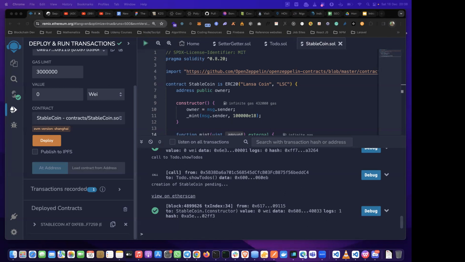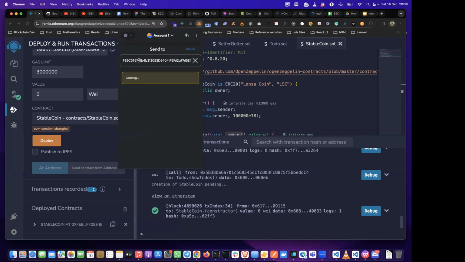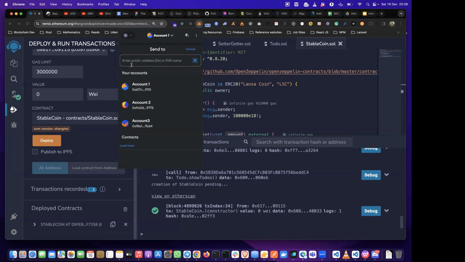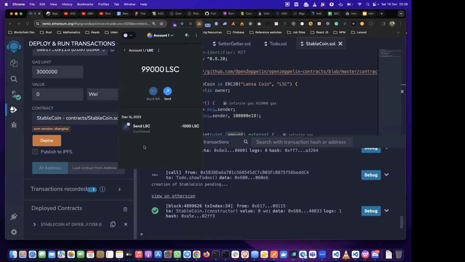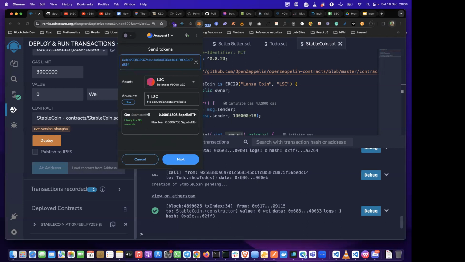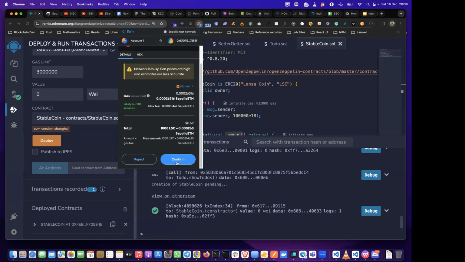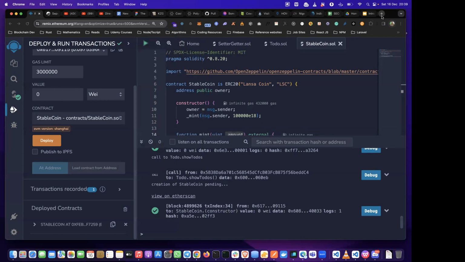Okay, let me send it to this guy too. I'm running out of gas fee. Oh, sorry, this is not what I want to do. Cancel. I want to send the token. Yeah, LSC, send. I'm pasting your wallet address here, and I want to send 1,002 to you. Send. And while this is sending, I want to show you guys something